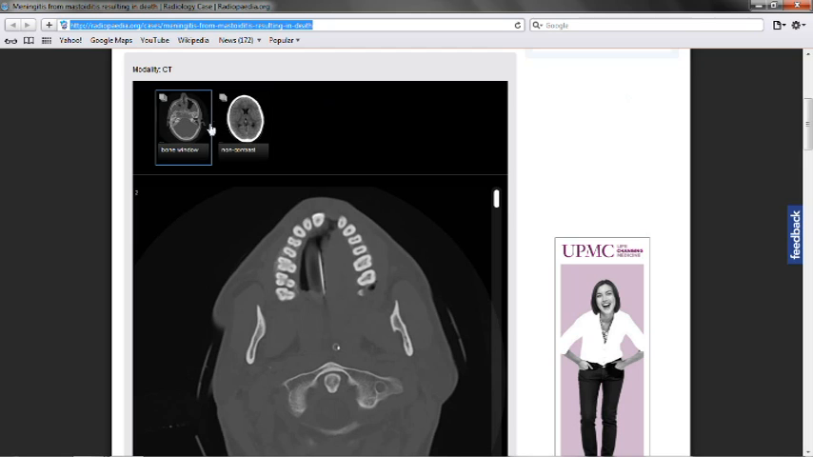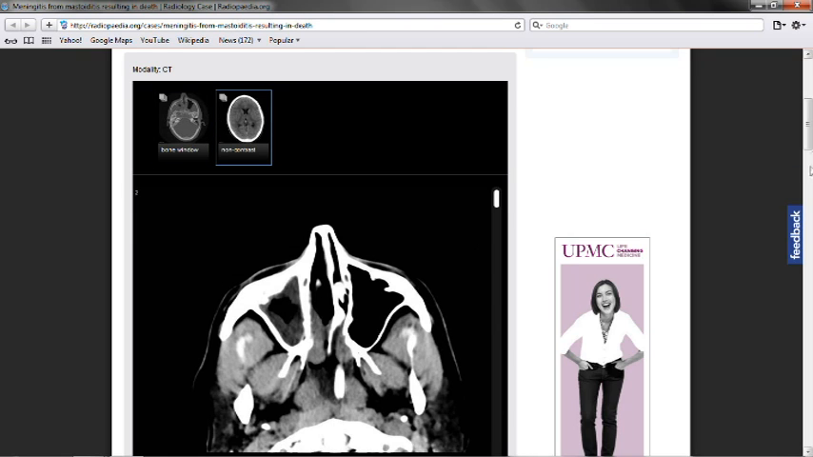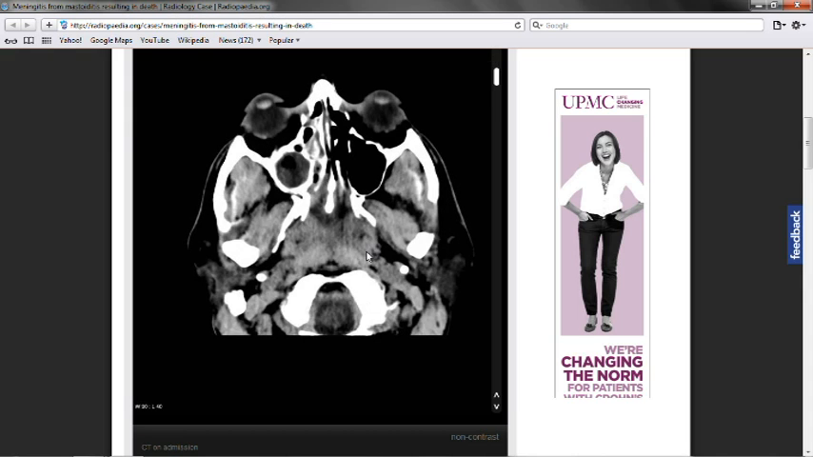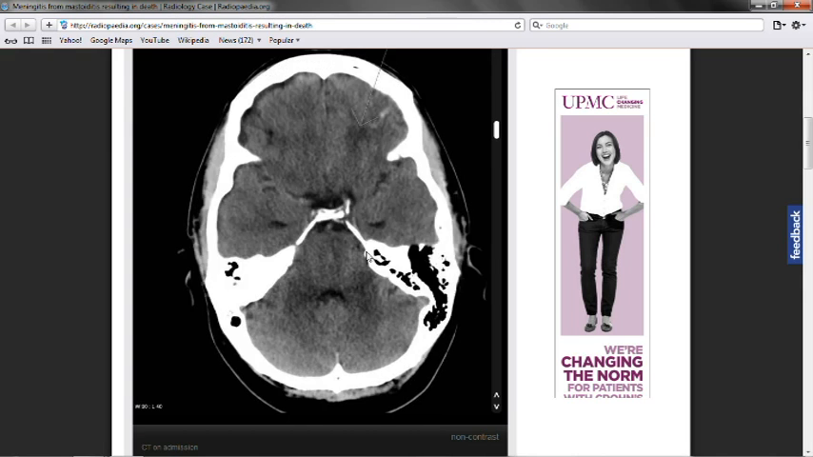And so what we're going to do is we're going to click on the non-contrast portion, which is going to load up a non-contrast CT head. And so initially, as we can see, we have a little bit of thickening of the maxillary sinus, probably consistent with sinusitis. And as we scroll through,